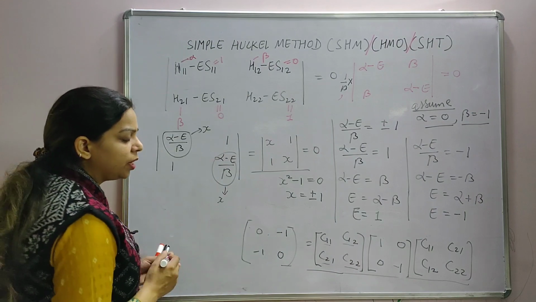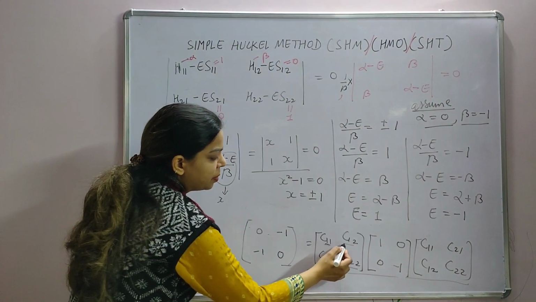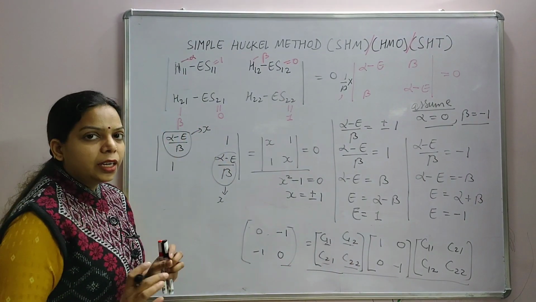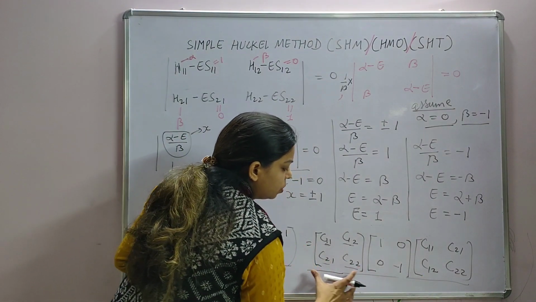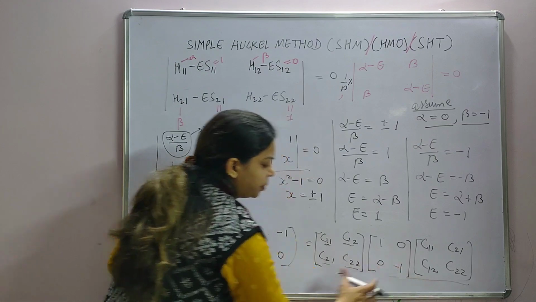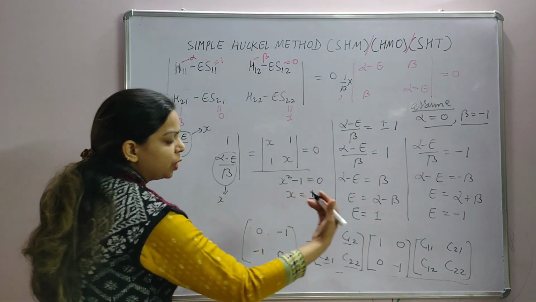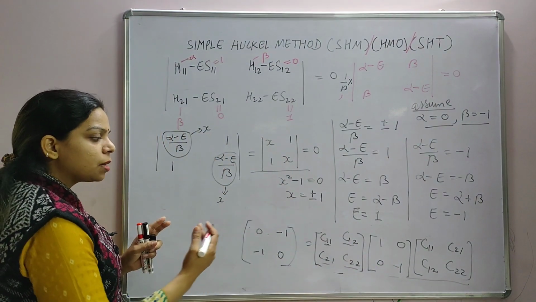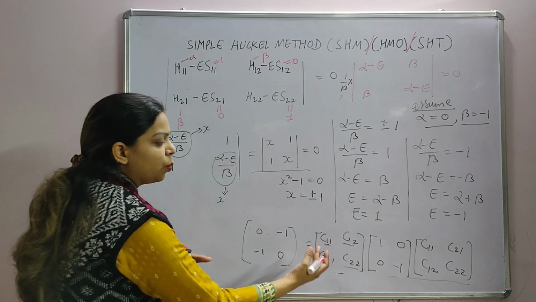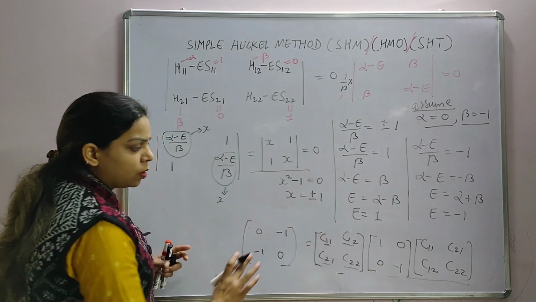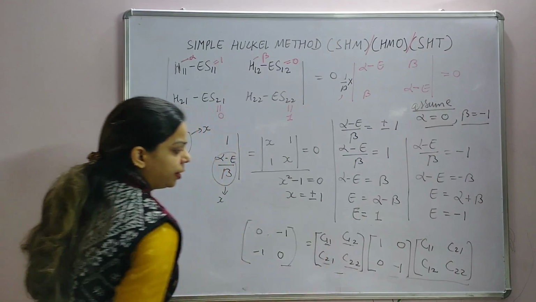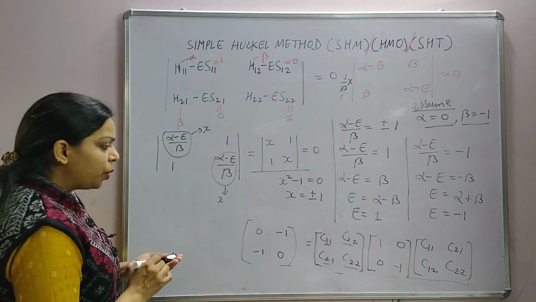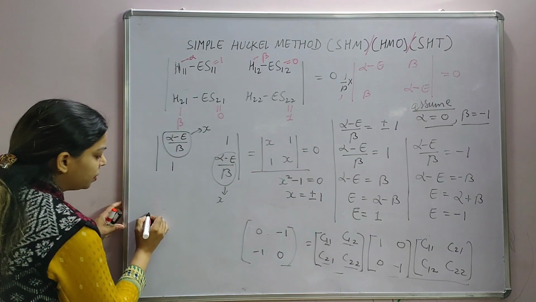We have to calculate the values of these elements now. We will diagonalize these matrices to find out the values of these elements. It means the left hand side has to be equal to the right hand side. So we will substitute the possible values for C11, C12 and so on, so that the left hand side becomes the right hand side, and that is possible only when we have the right values of C1.